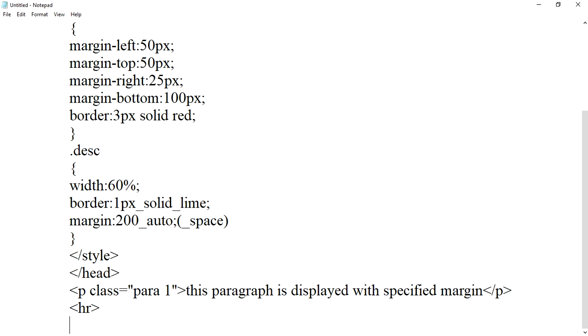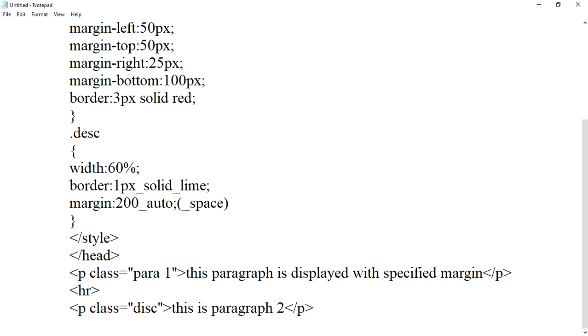We'll start the hr tag, horizontal row tag. Once again p class equals to disk. Now we'll end the p tag,